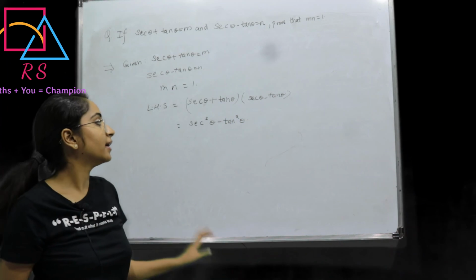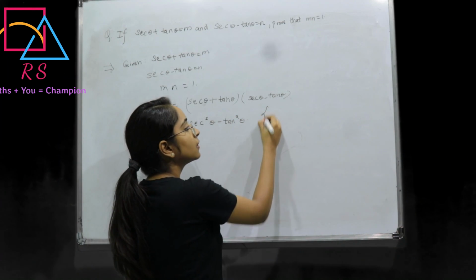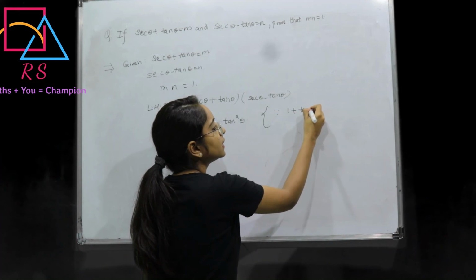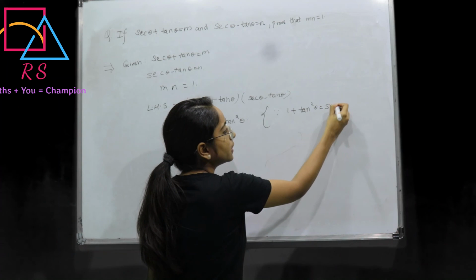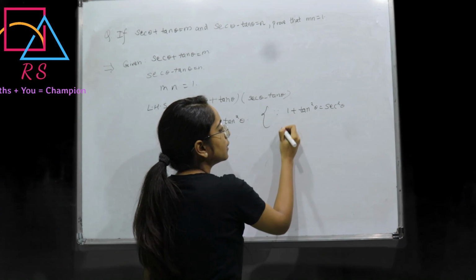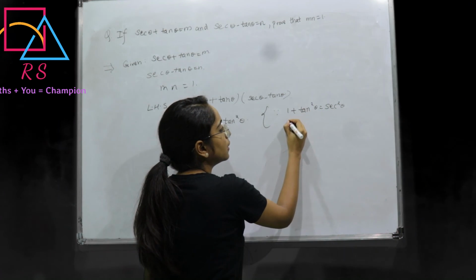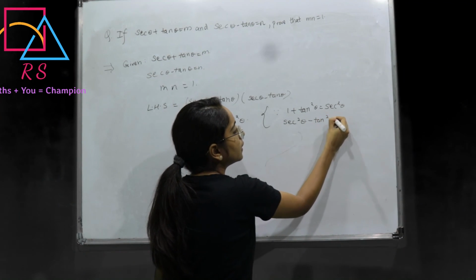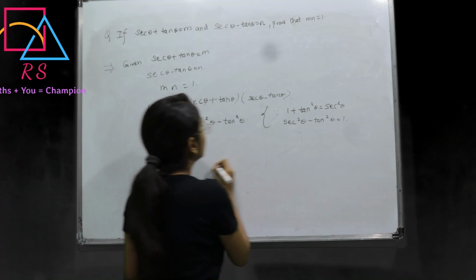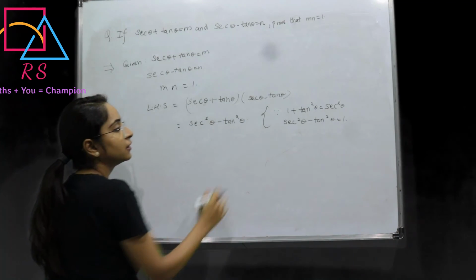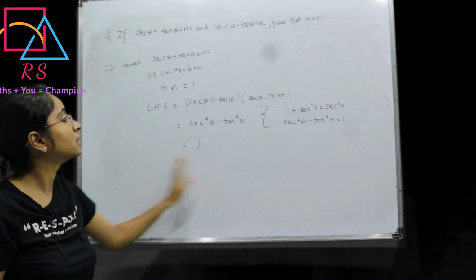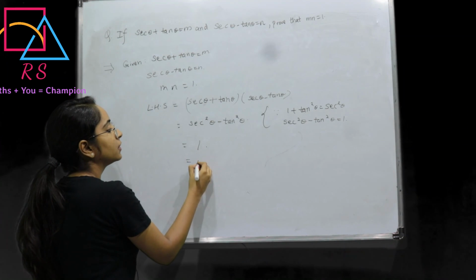This is the second identity, since 1 plus tan² theta is equal to sec² theta. Next, sec² theta minus tan² theta is equal to 1. Using the second identity we get 1. Thus I have proved the RHS. Left hand side is equal to